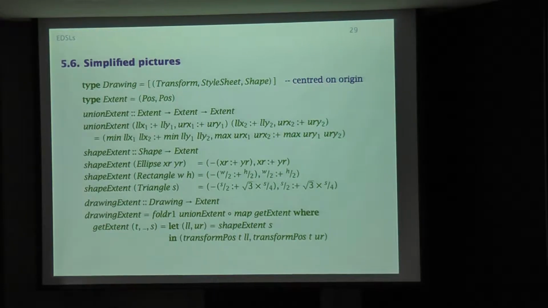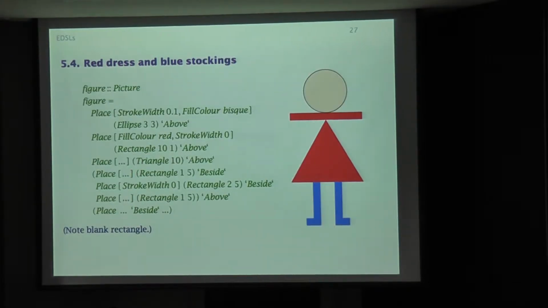So anyway, my object code is a list. That's the square brackets up here. It's a list of triples. So there's the round brackets with 2 commas. That's 3 things in each triple: a transform, a style sheet, and a shape. And so this stick figure of a girl here, that's going to translate into a list of 1, 2, 3, 4, 5, 6, 7, 8, 9